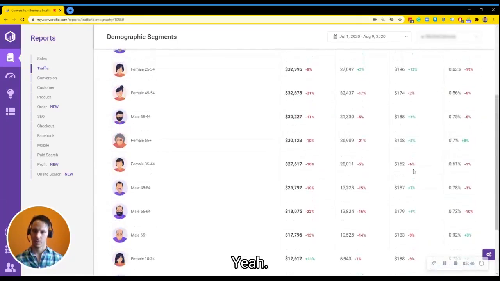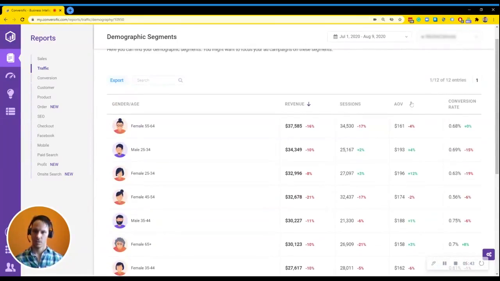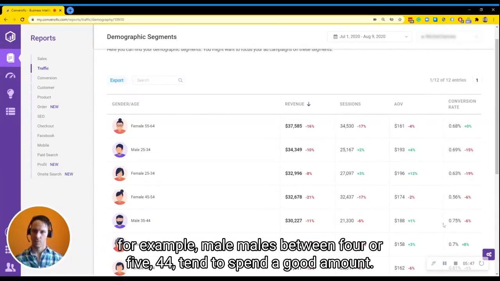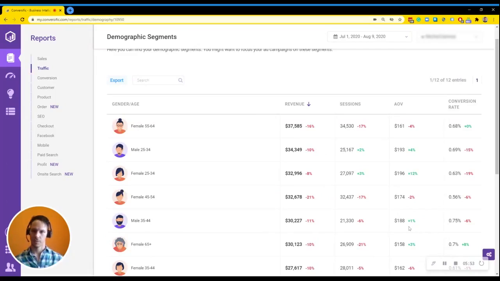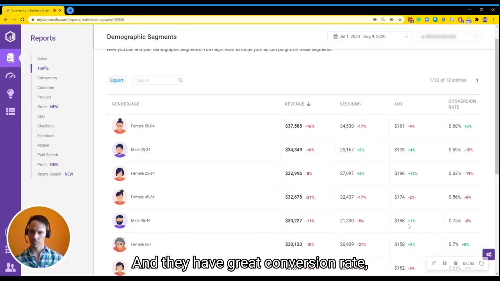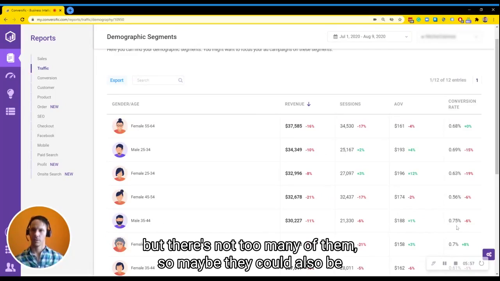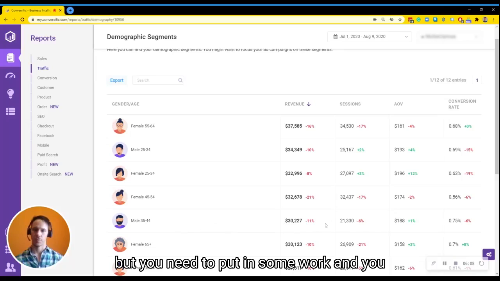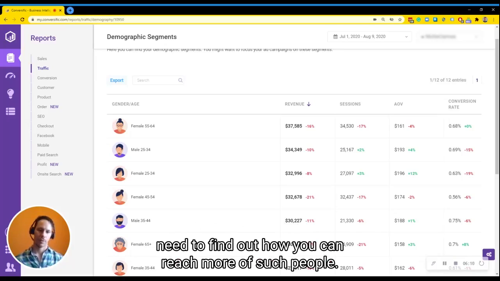Yeah, they tend to spend more, and they, for example, males between 45 to 44 tend to spend a good amount, and they have a great conversion rate, but there's not too many of them. So maybe they could also be a good persona for you to deal with. But you need to put in some work and you need to find out how you can reach more of